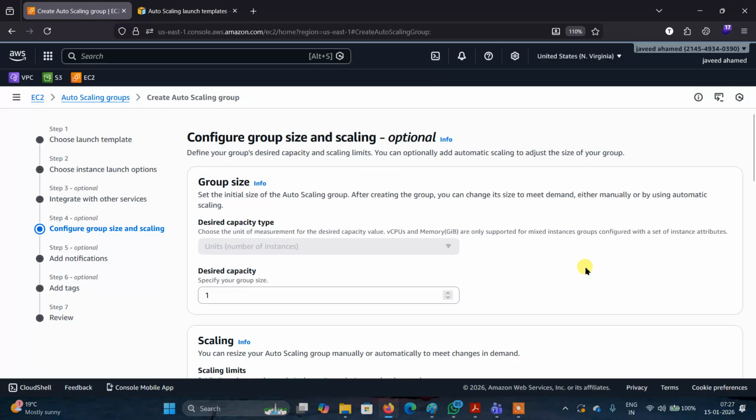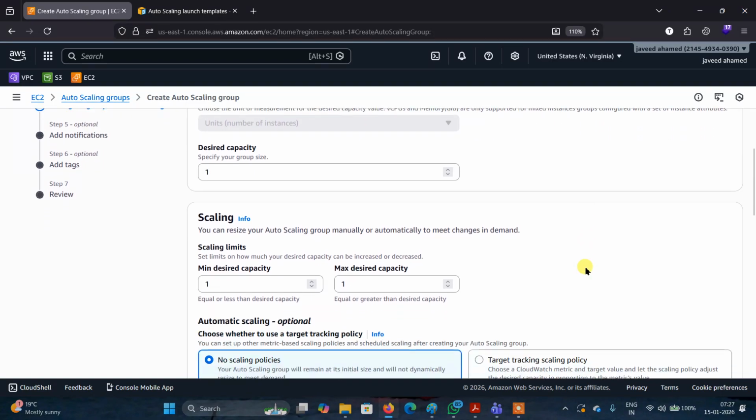Here, whenever you create the size, what is the minimum capacity, what is the maximum capacity, and what is the desired capacity. I always choose that the desired capacity should be more than the minimum capacity. It can be the same also. What is my desired capacity? Whenever I create an auto scaling group, how many instances need to be created? That is known as the desired capacity.